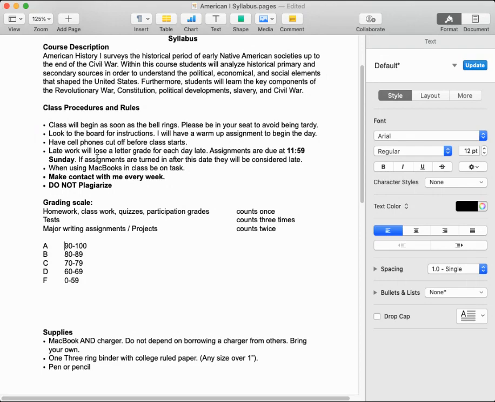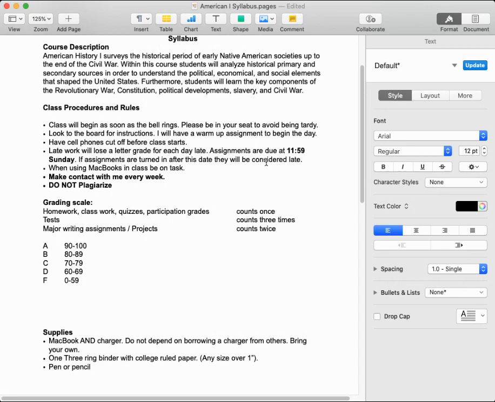After that day, things will be considered late. So say you don't get an assignment turned in on Monday, but you get it turned in on Friday, throughout the week, that's fine. 11:59 on Sunday, that's the date that matters. That's the time you have to have it in before it is considered late. After that, say you don't get everything turned in on Sunday and you turn it in sometime on Monday. I don't care if it's 5 o'clock in the morning on Monday, it will be considered late. It's past the due date, so you're going to automatically lose 10 points on that assignment. So with this,